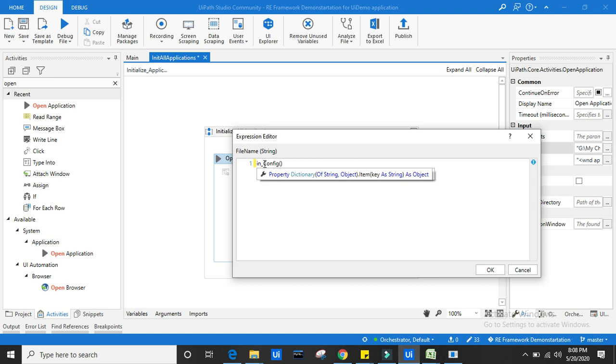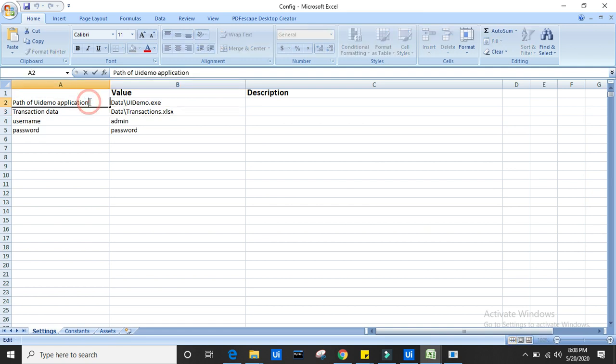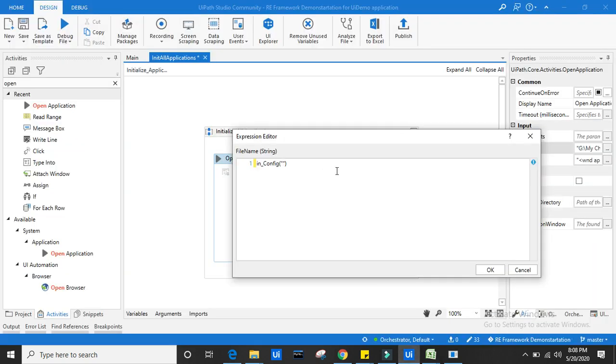So in config I write where the path is, using the key dot toString.